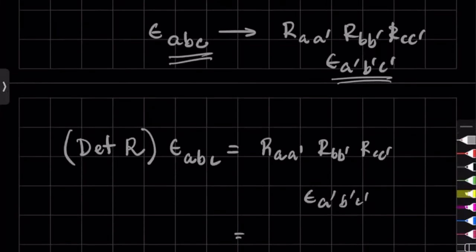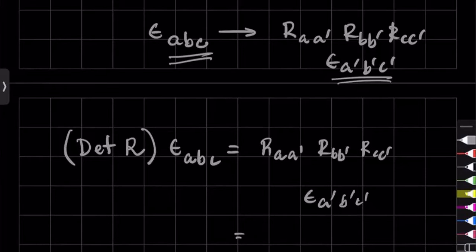So this is the definition of the determinant, and it generalizes to arbitrary dimensions. Instead of memorizing some mnemonics about rows and columns, this is basically how